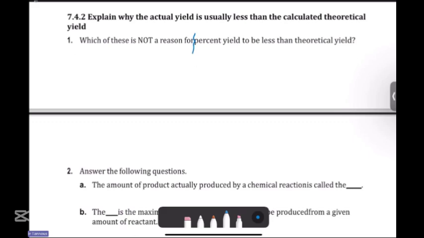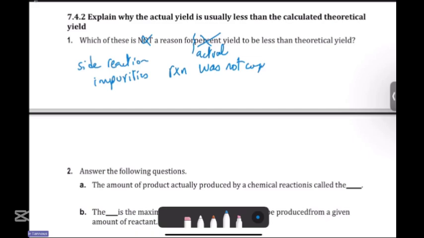Side reactions is a reason. So let's change the question and say, which one is a reason for actual yield to be less than the theoretical yield? Impurities, or the reaction was not completed, it didn't finish, loss of product